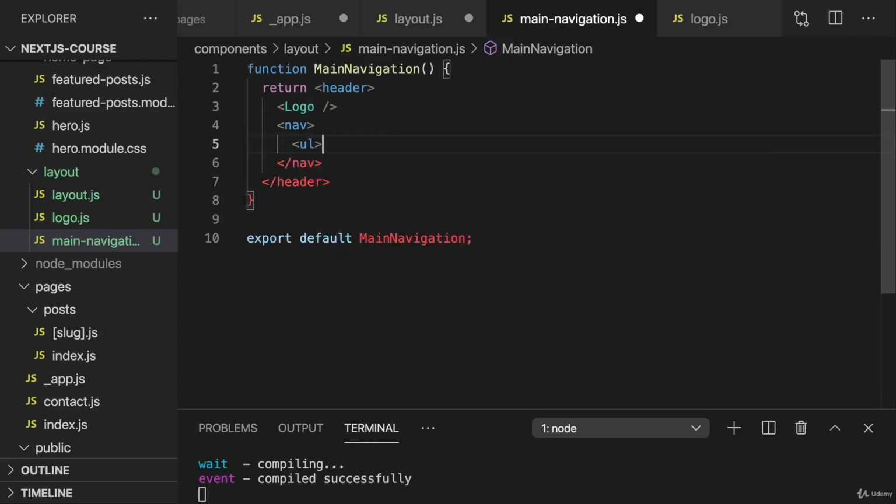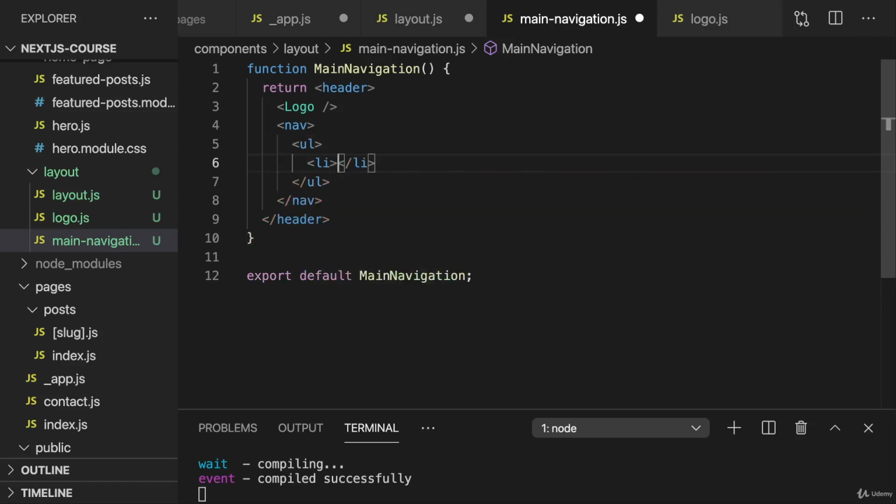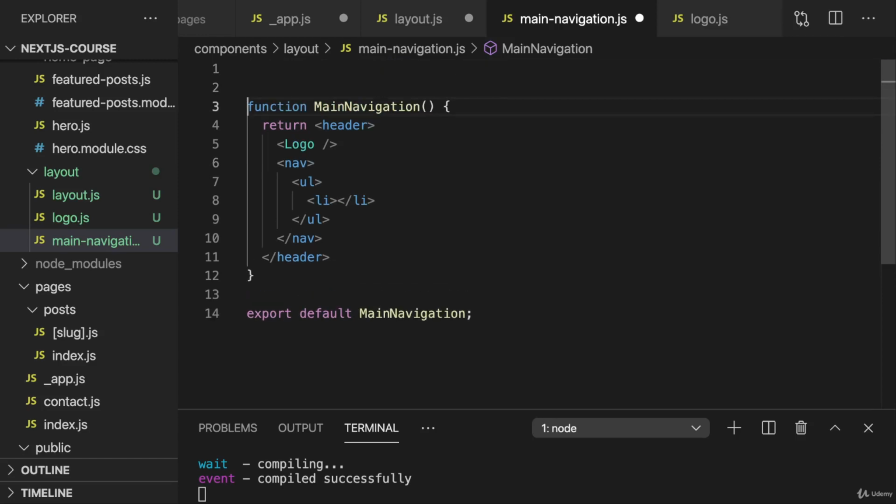So here I'll add an unordered list with my list items, where in the list items I have my links. Now for the links, we will not use the standard anchor tag because that would be handled by the browser only. And when we click it, we would load a brand new page and send a brand new request. Instead, we want to use Next's link component to take advantage of automatic data prefetching, which it does for us, and to take advantage of the fact that we stay in a single page application once the page was loaded